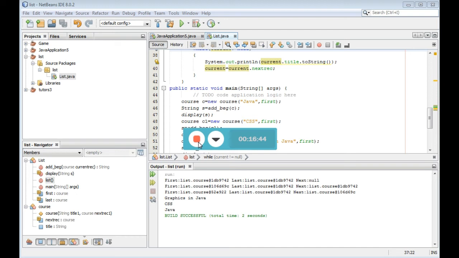Okay, we can add at the end of the list. How to do that?